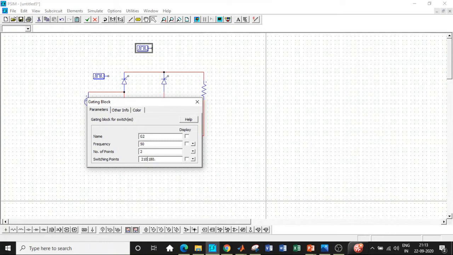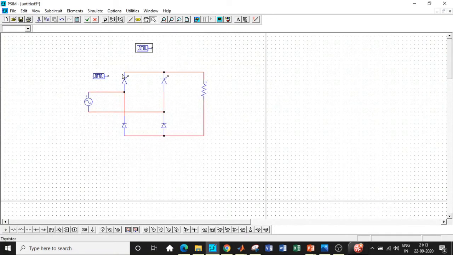So here the second thyristor should be triggered after 210 degree, from 210 to 360 degree. So we'll be deleting this. So this should be the triggering pattern. Why is it 210? Because one half cycle is 180 degree. As we are doing alpha for 30 degree, 180 plus 30 degree. I'm doing it consistent with both the thyristors. So you can try it for different configurations as well and for different firing angles.